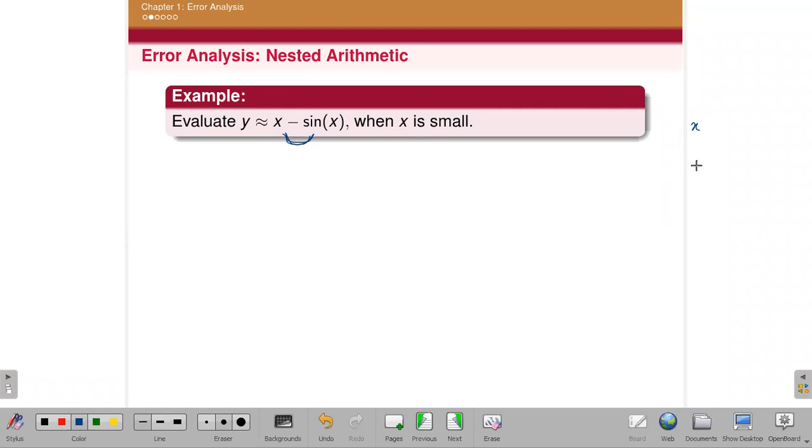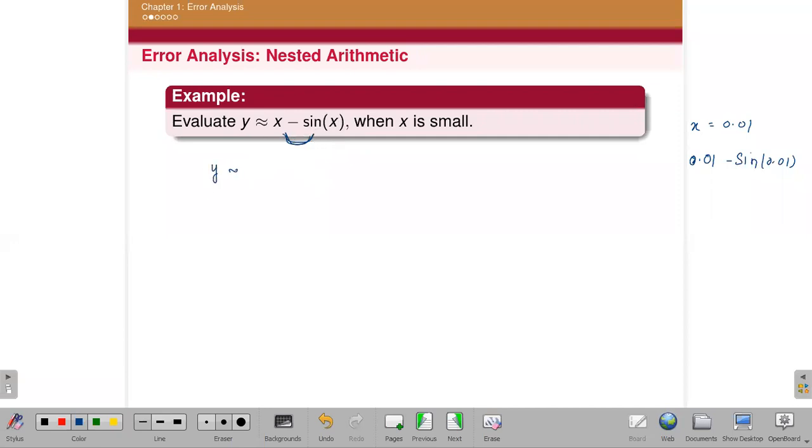If x is small, suppose I put x equal to 0.01, then it is 0.01 minus sin 0.01, which is also approximately equal to 0.01. So this is again a subtraction of two nearly equal numbers, and then you will get the loss of significance. So how do we get rid of this in these types of expressions? Here you cannot do nesting directly; after expanding the series of sin x, then you can do nesting.